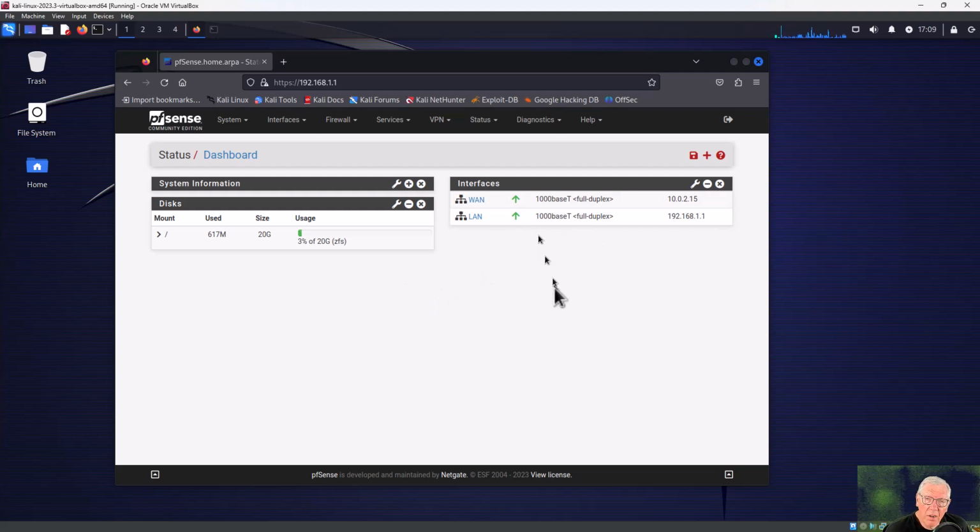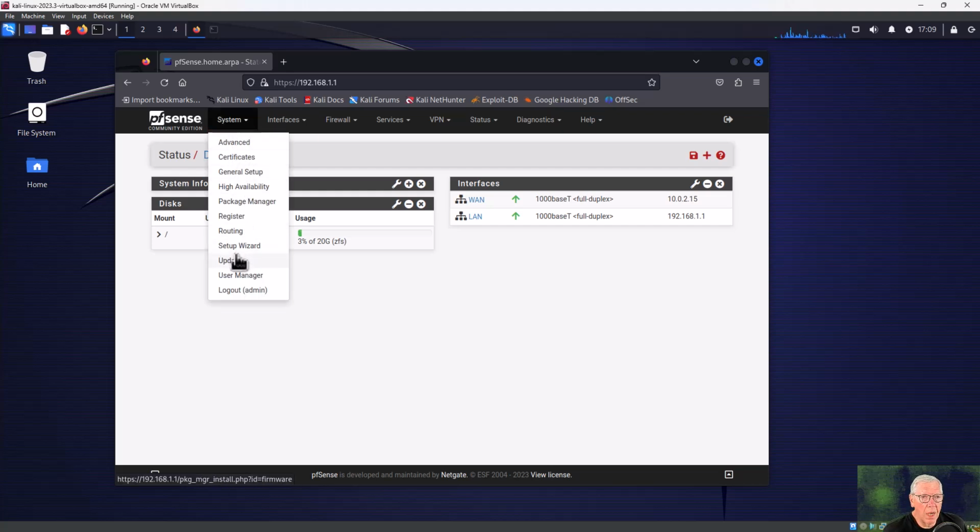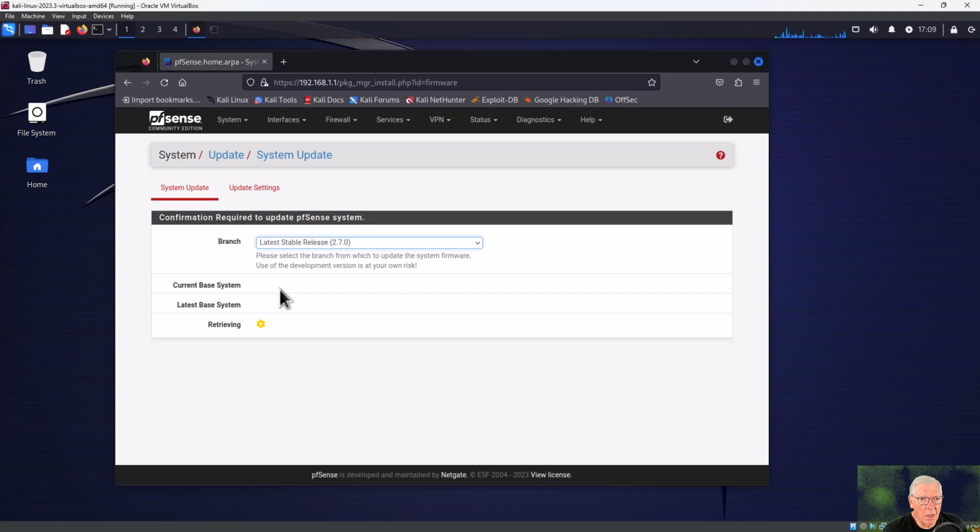Very good. Now, how do you go back and look for updates? Well, you go to System, you go to Update, and you can look for any updates that are out there. You can see the green scroll wheel here. It's looking for any updates. We're at 2.7. We're up to date. Excellent. Okay, we have run through installing pfSense with an ISO,